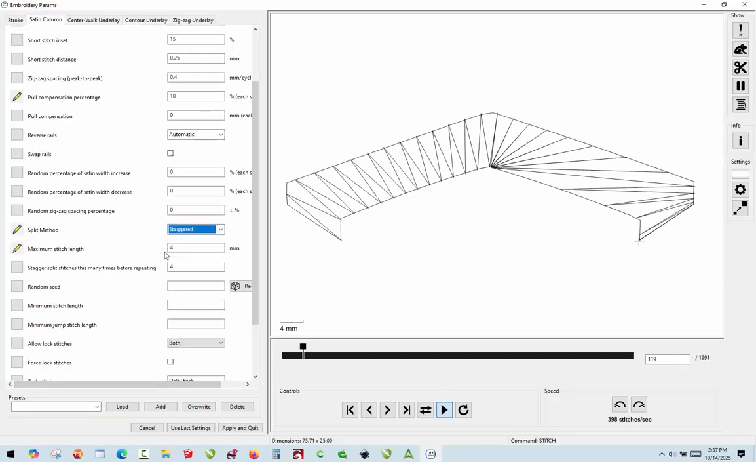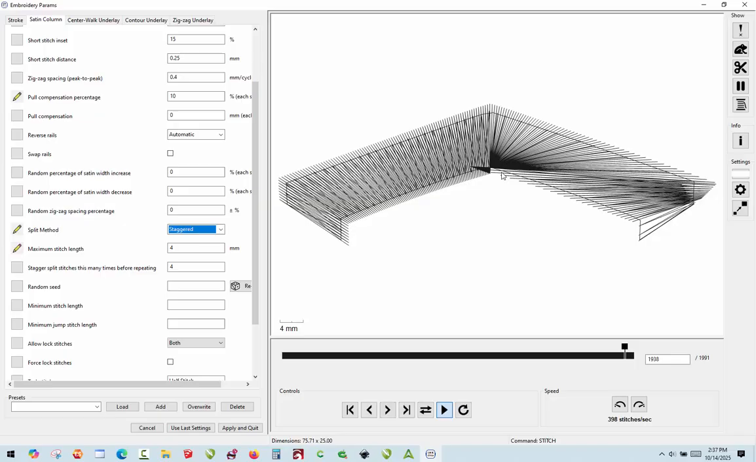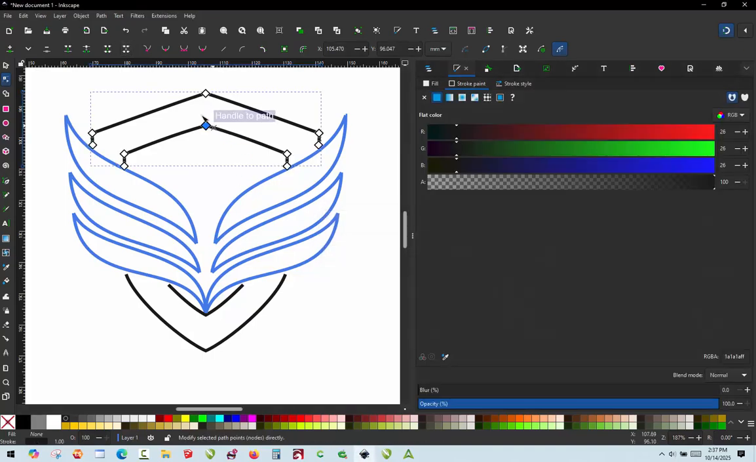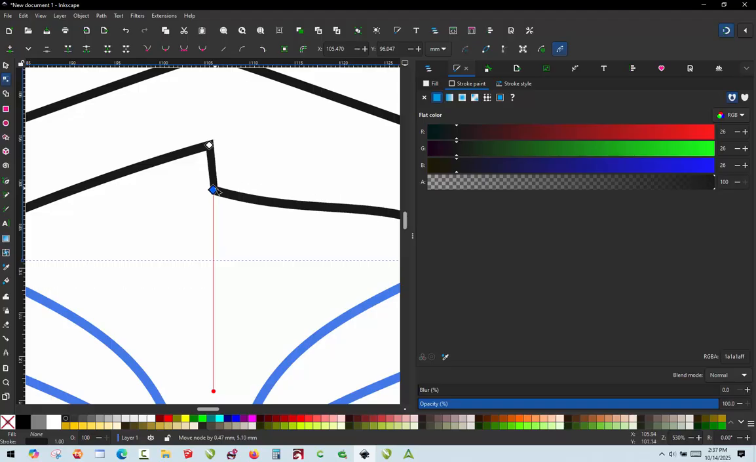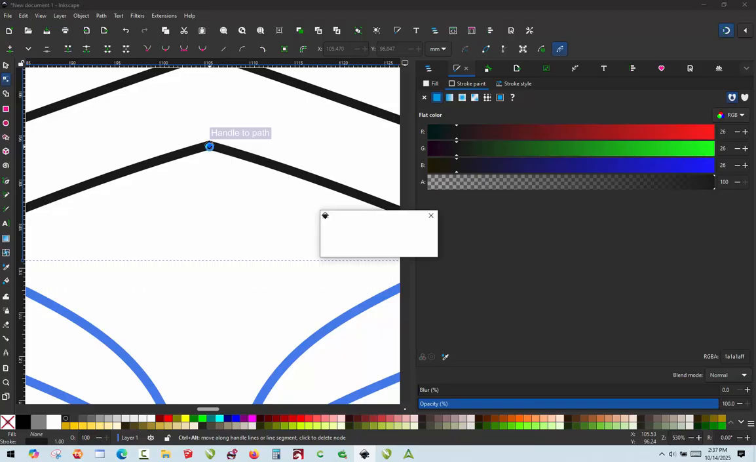Okay, so if those are the settings that you like to use quite a bit, oh, we got a problem right here we're going to have to fix. You see that? So let's go ahead and choose apply and quit before I talk about our next point. So there is a problem there, and that problem is probably a node on top of a node. Sure enough, there it is, node on top of a node. So now when we go into params, we'll have